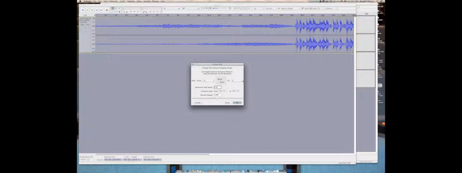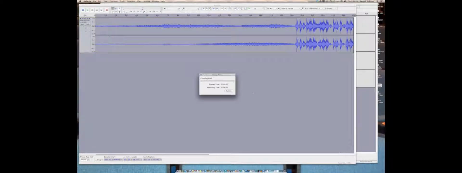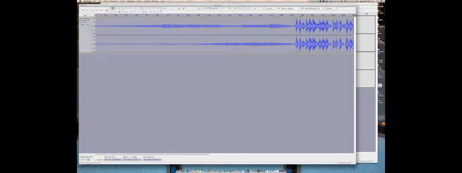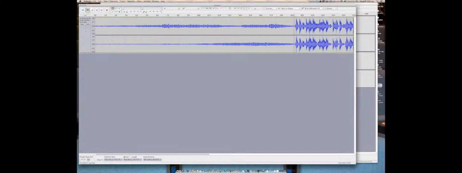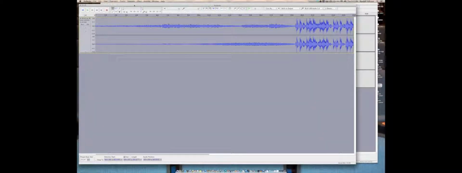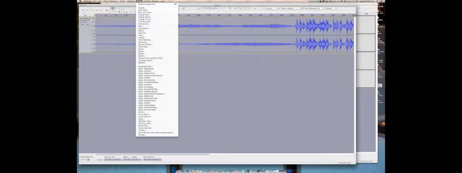I'm going to go up here, and it automatically populates everything. So I took it up a third, or 3 half steps, I should say. It does its thing. If I click right here, you can hear the voices. If you like the chipmunk sound, that is the thing for you. Again, Command Z to undo, and there are a lot of other things you can do, but those are